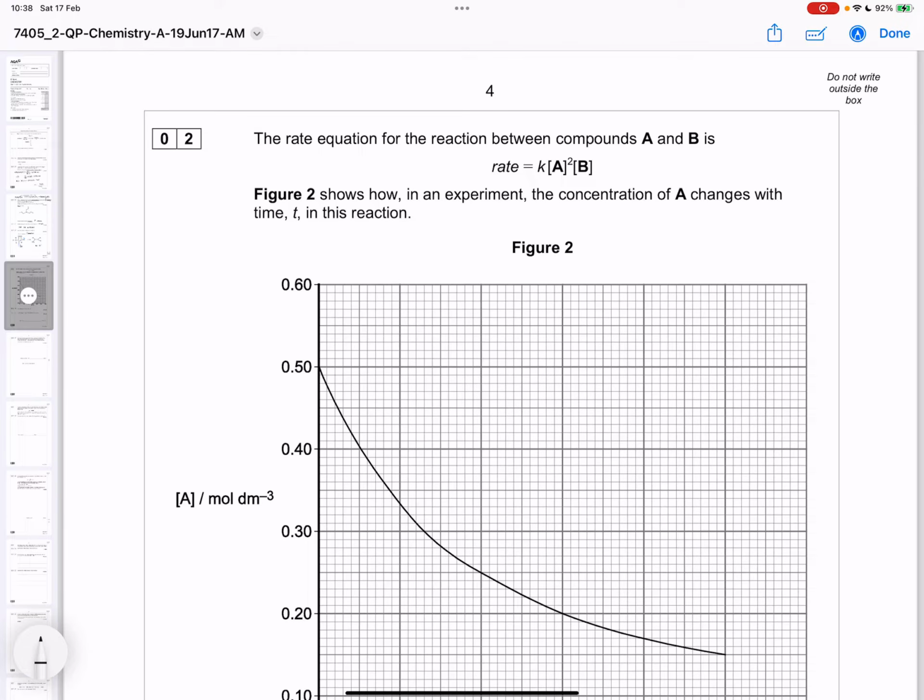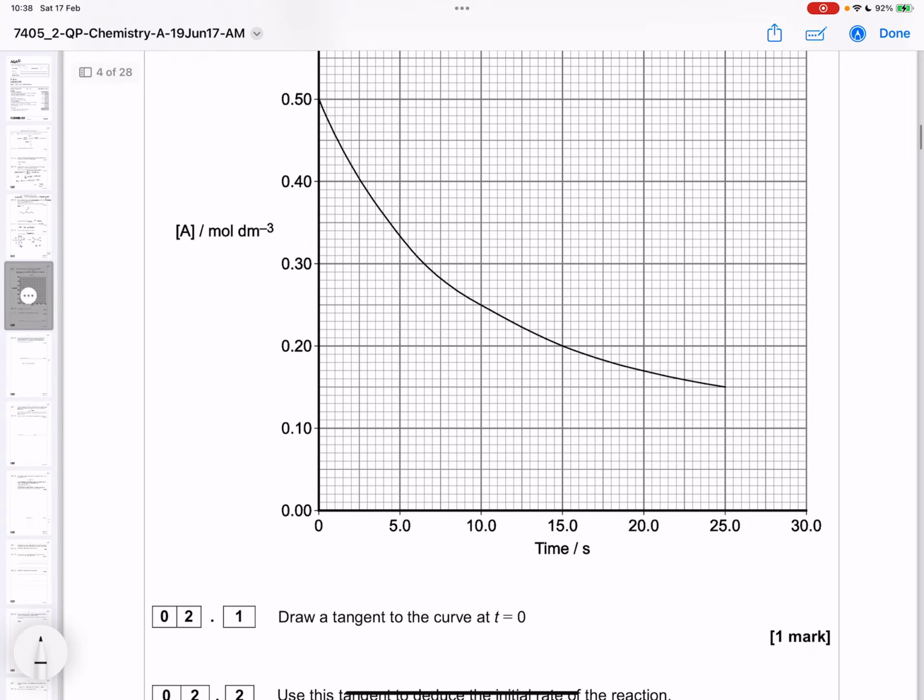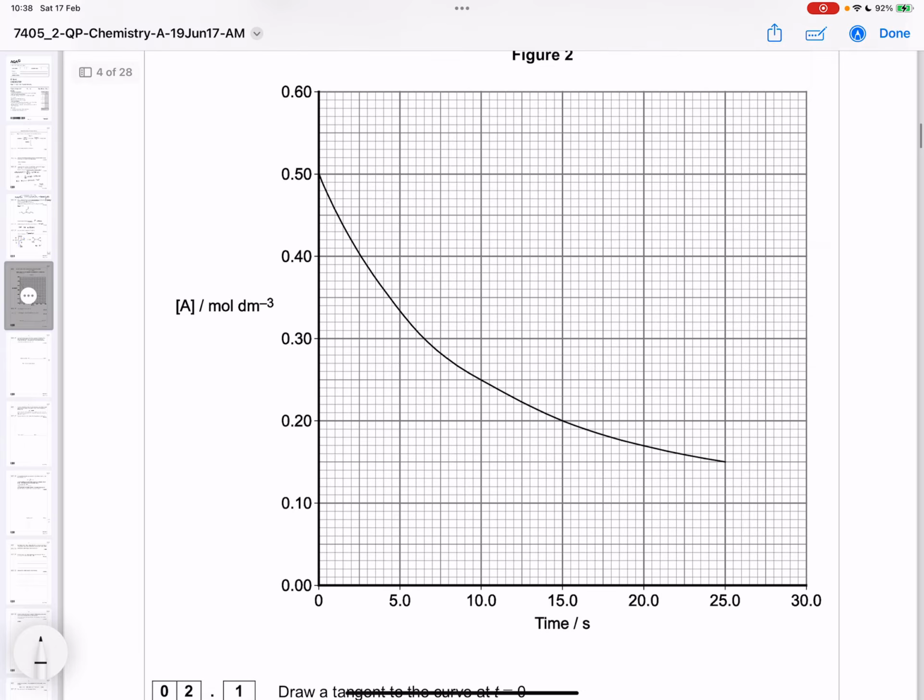The rate equation for the reaction between compounds A and B is shown. Rate equals k, concentration of A squared, concentration of B. Figure 2 shows how the concentration of A changes with time in this reaction, and we're being asked to draw a tangent to the curve at time equals 0. So we're going to need to get a ruler,